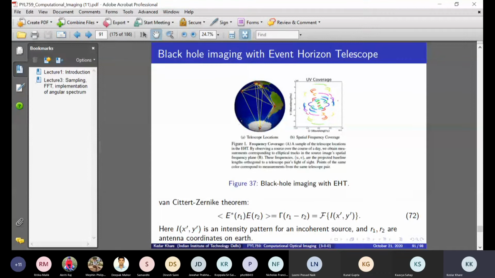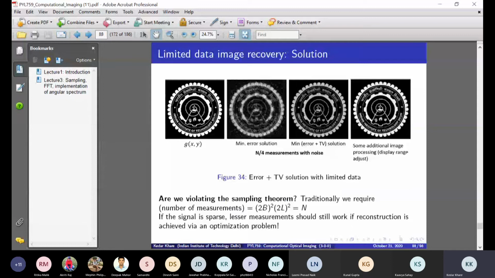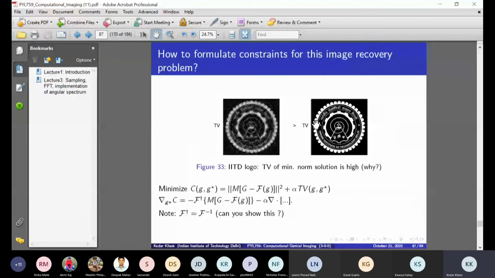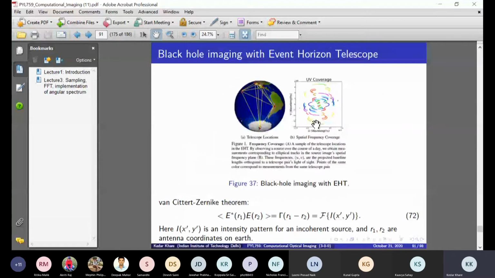So what is shown here is actually the Fourier space coverage. If you look at this as a mask, this is essentially the same as our M mask. The M mask that I used had a pattern of ones and zeros, but now you have a pattern where the mask is one only along these arcs, and wherever the arc doesn't exist, your mask is essentially zero. So it is not just n by 4, but you have much lesser sampling available.